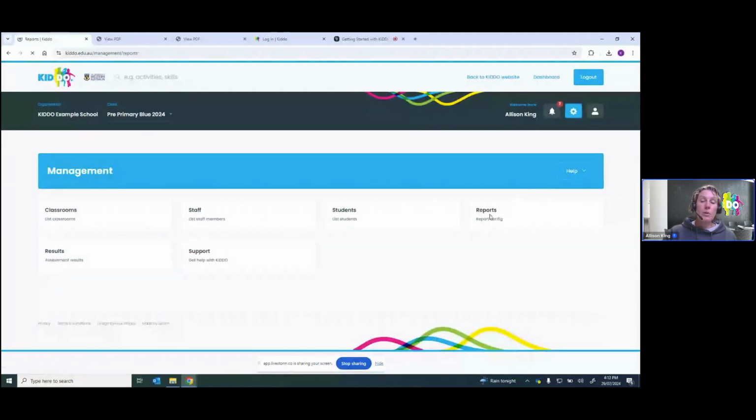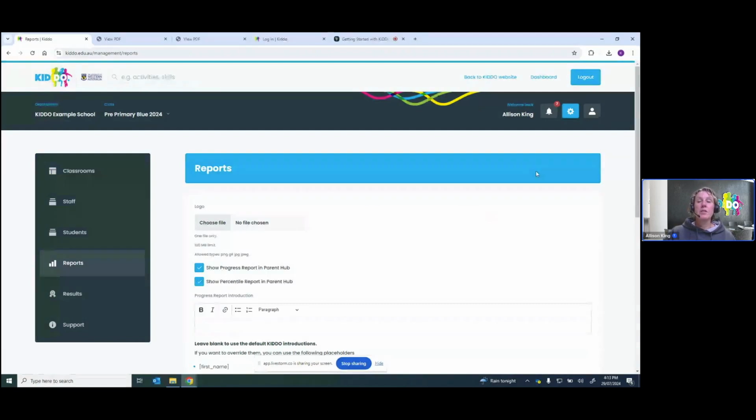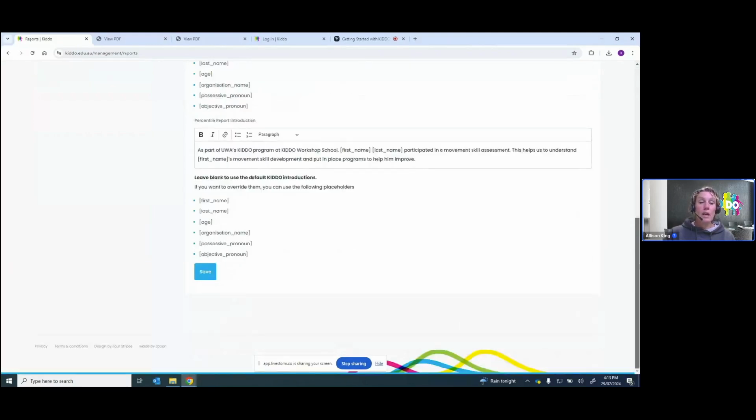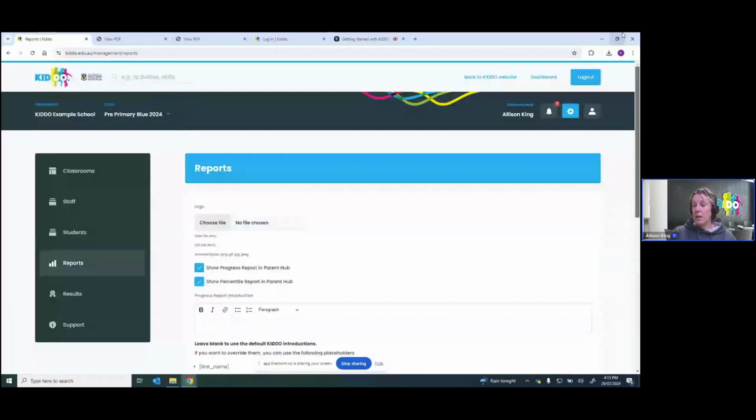With the reports, if for some reason you don't want your parents to have access to those progress and percentile reports, all you have to do is untick these boxes, and then when they go into the parent hub, they won't be able to download or see those reports. But in here, you can customize all of the language with the reports. You can change it. You can upload your logo,